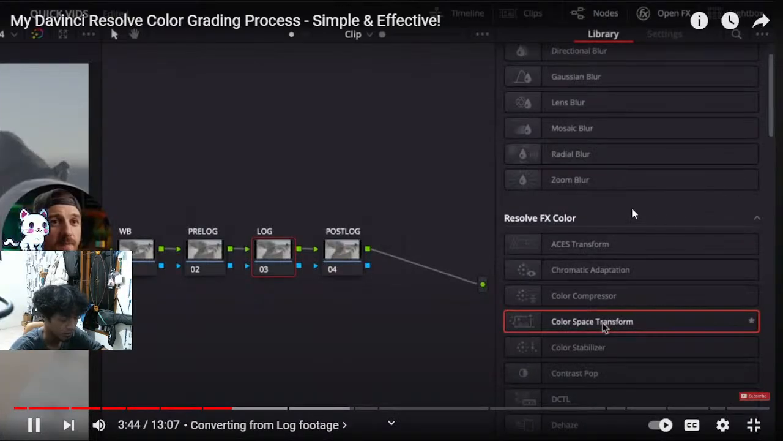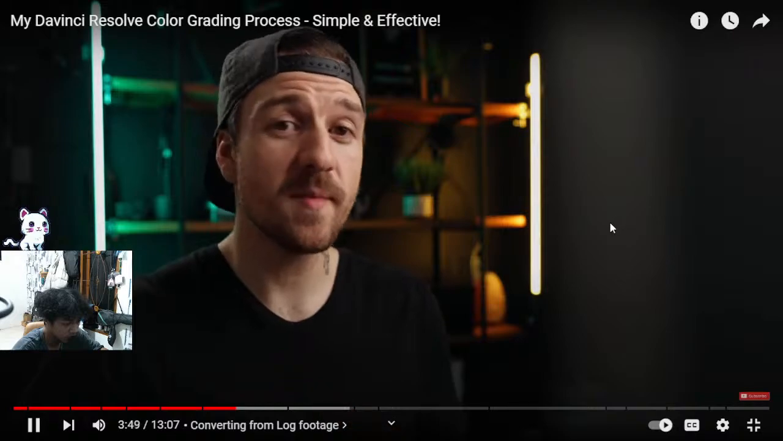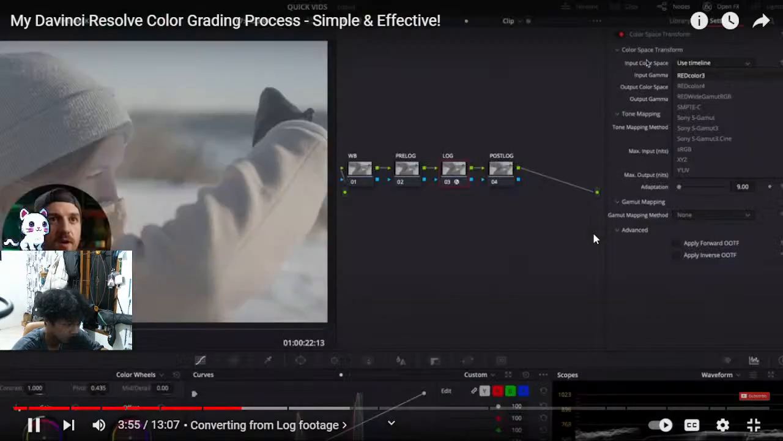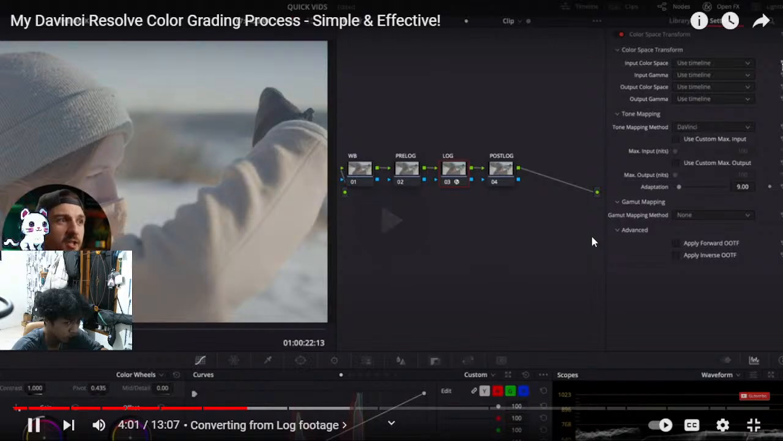I'm going to choose Color Space Transform and drag it on there. And what this is going to do is essentially transform it from that S-Log3 into Rec. 709, so it should make it look more like a normal image. So we're going to go Input Color Space, we're going to go down and choose S-Gamut 3 Cine, and you can see how it changed the color ever so